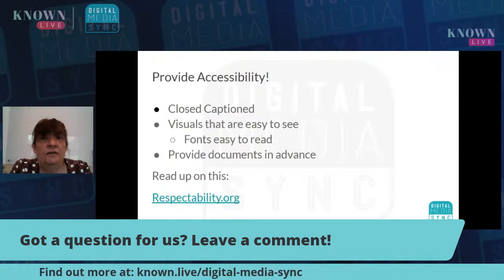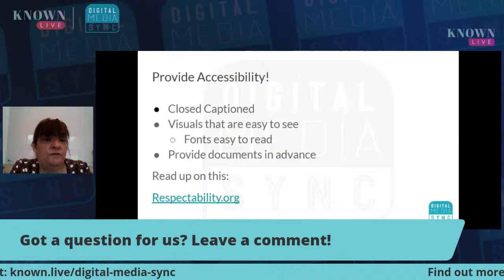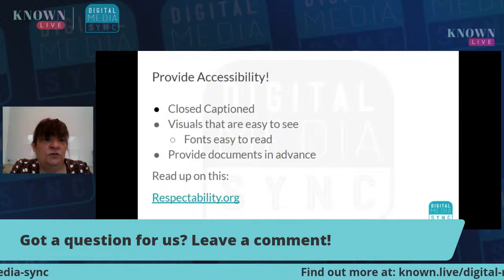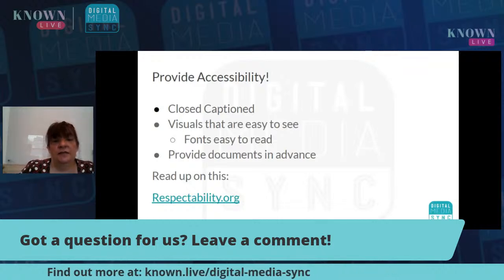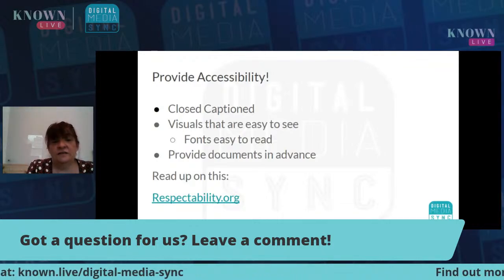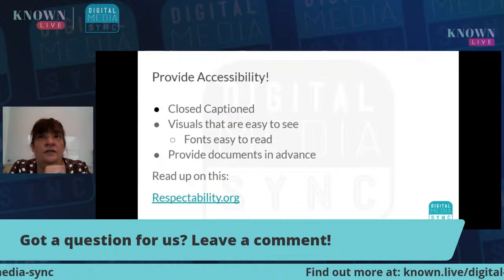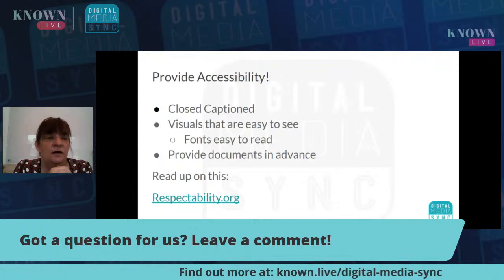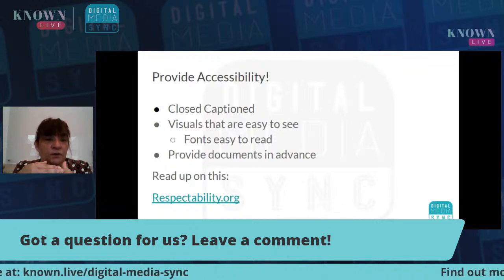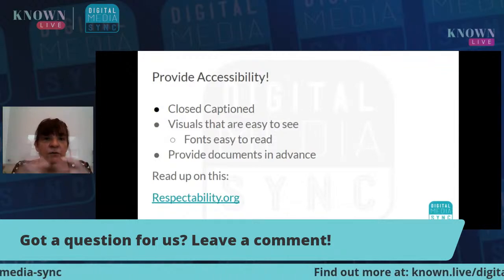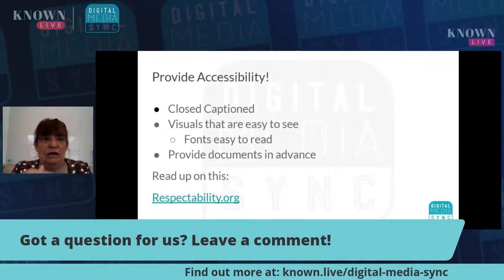So think about things like: do the platforms provide for it, and are you going to remember to turn on closed captioning? Visuals that are easy to see and fonts that are easy to read. The least readable colors to use, I believe, are yellow and blue. I can never remember which order those are in, but those are not easy.